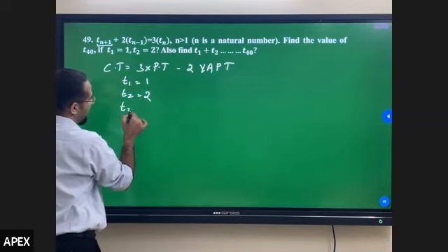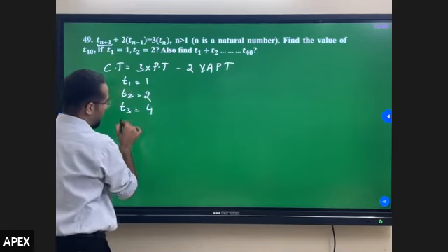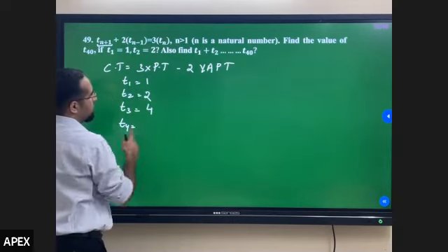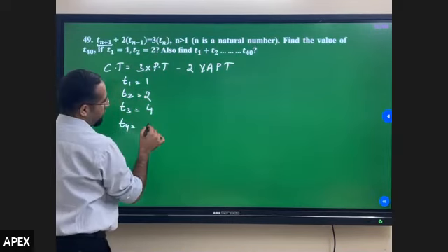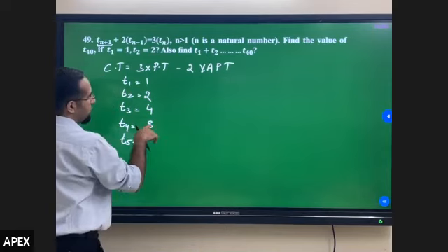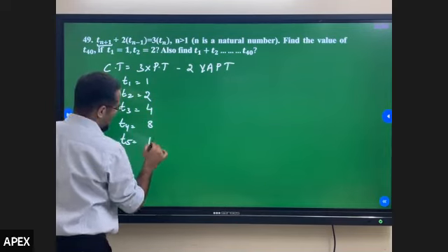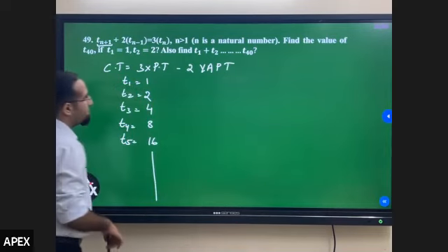So what is t of 3? 3 2s are 6. 6 minus 2 gives me 4. What is t of 4? 3 4s are 12. 12 minus 4 gives you 8. It's indicating the powers of 2. 3 8s are 24. 24 minus 8 is 16, and so on. So I've got the powers of 2.